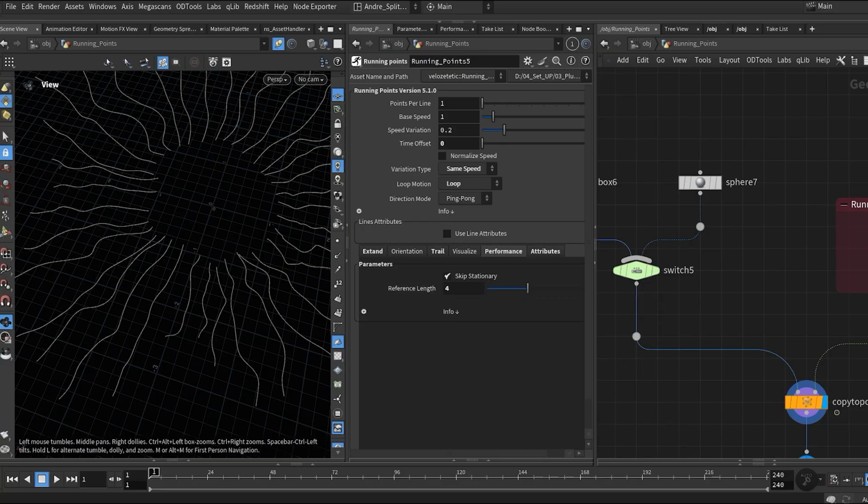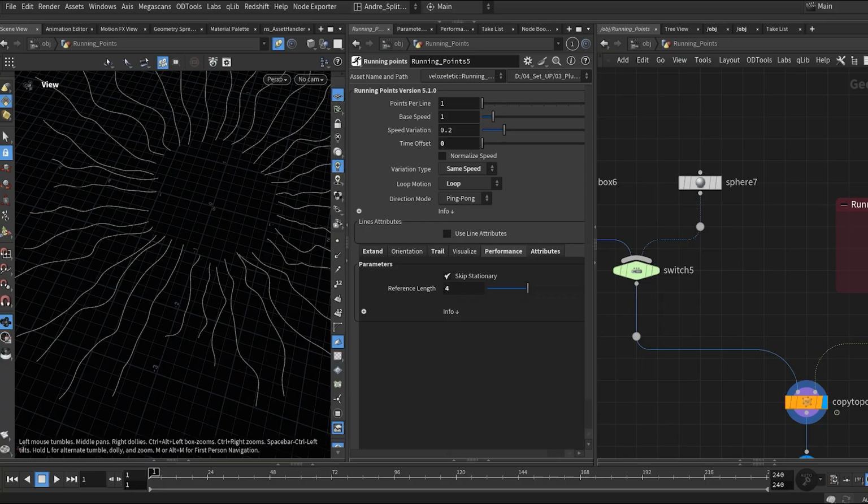The reference length. The reference length is used for speed normalization. Points on curves that match this length will move exactly at the base speed. Shorter curves will move faster, while longer curves will move slower proportionally.